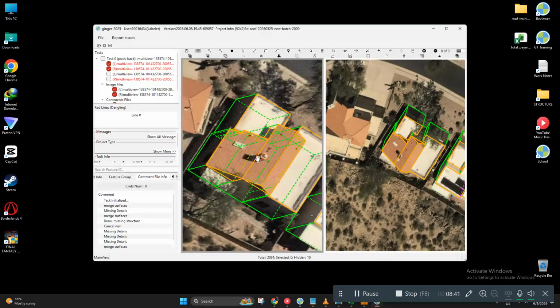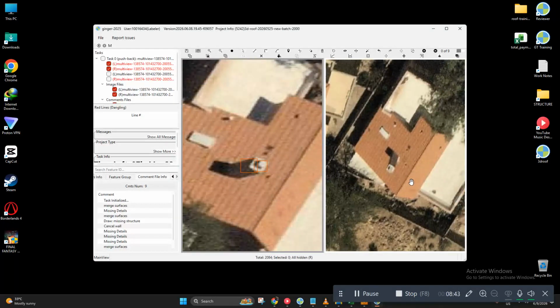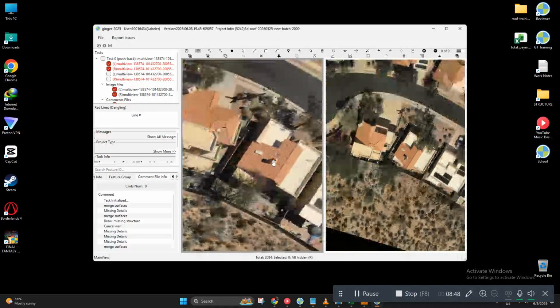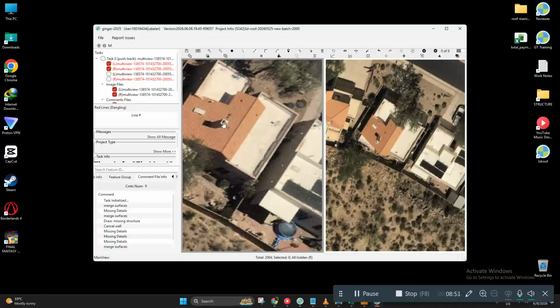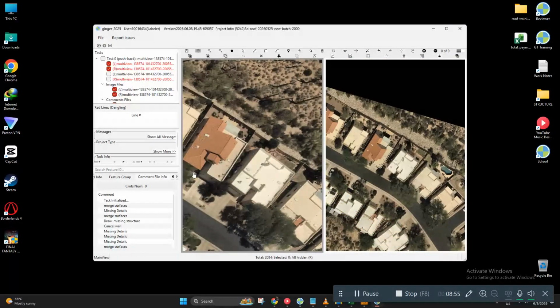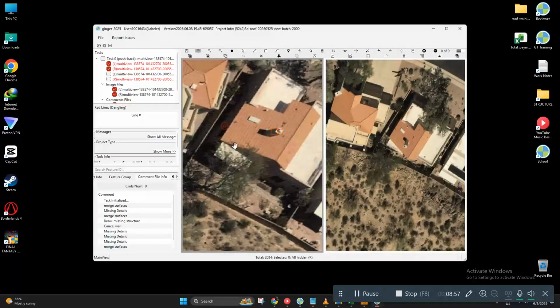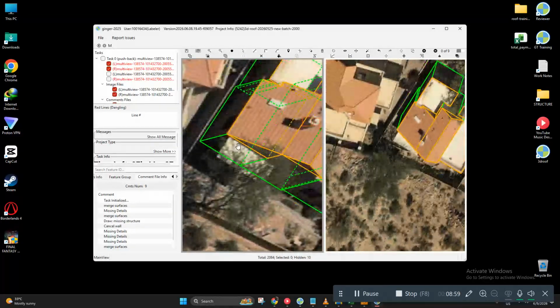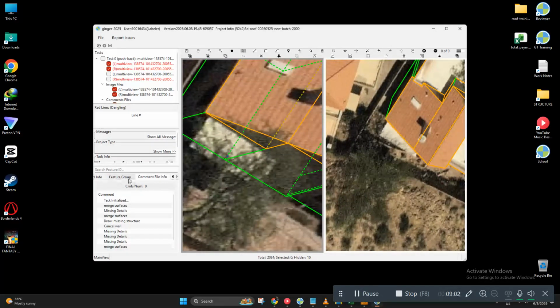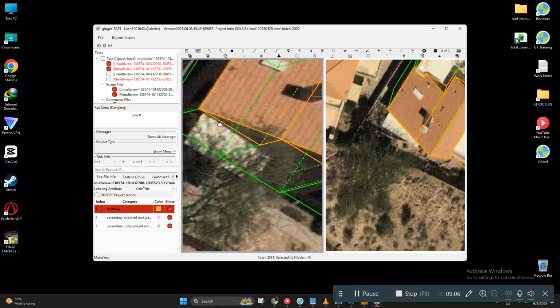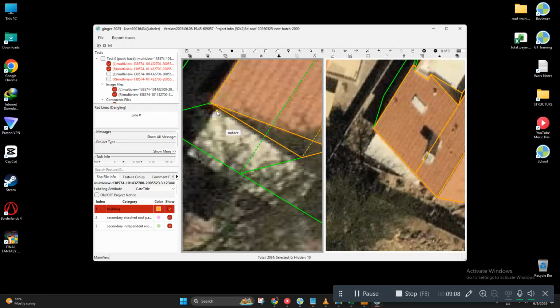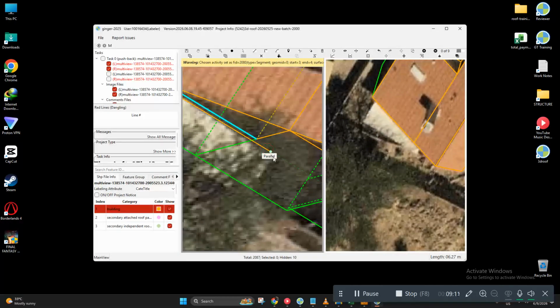Oh, we also need to capture a chimney. So for our extensions and second independent, we will use the assist line method.